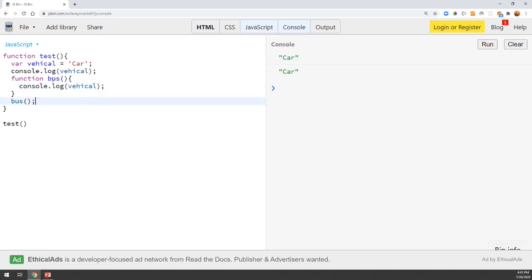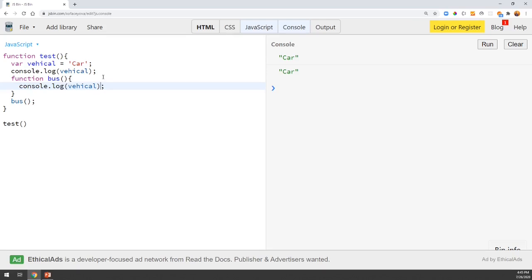So here the local variable of the test function we can access inside function bus, which is the inner function. So we can access that vehicle. This is nothing but a lexical scope: the outer function variable we can access inside our inner function.